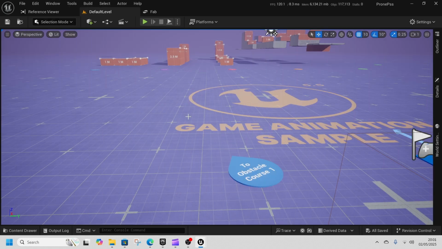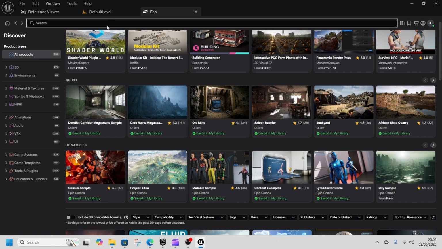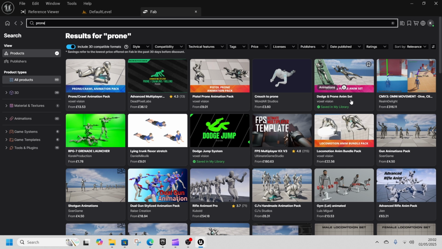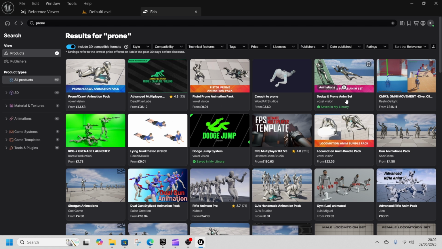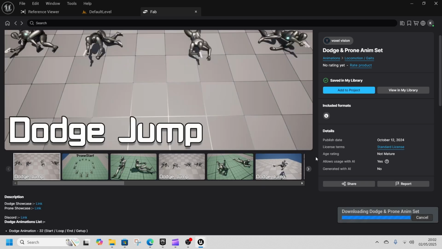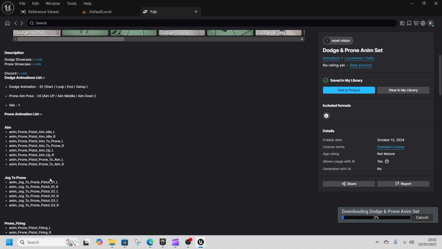So we are just in a blank Game Animation Sample project, and the first thing that we need are some prone animations. So I have some that I've already purchased because they're not free. I think this pack was about £5 maybe. Comes with a couple of bits. It's not the greatest pack. So I'm going to add these to my project. As I say, these are about 5 GBP. They're not the greatest animations, but they do have